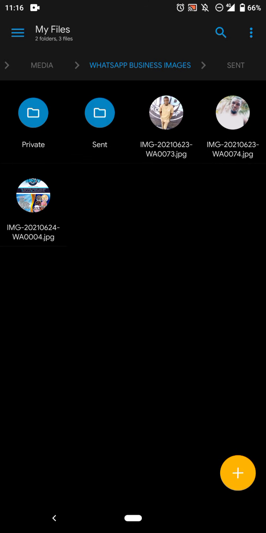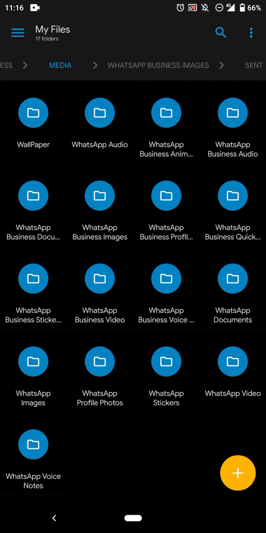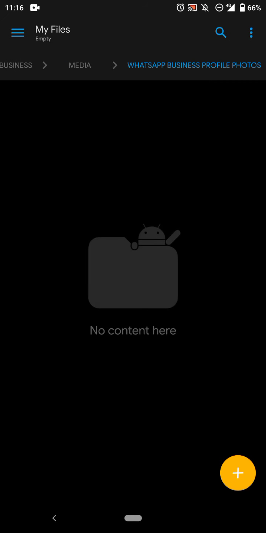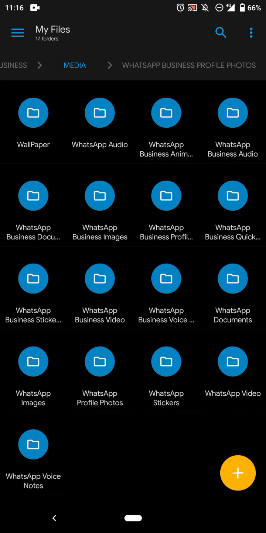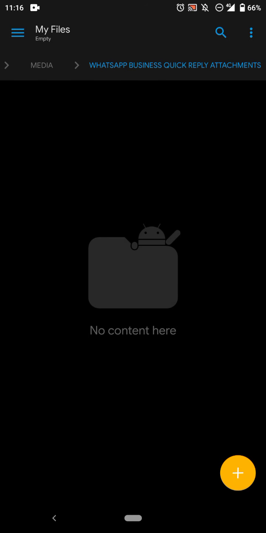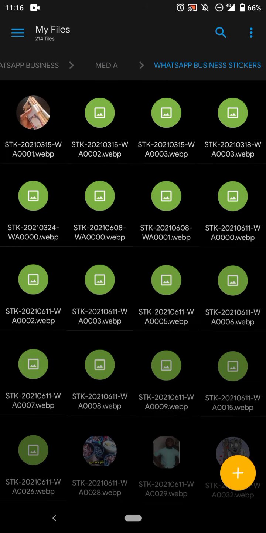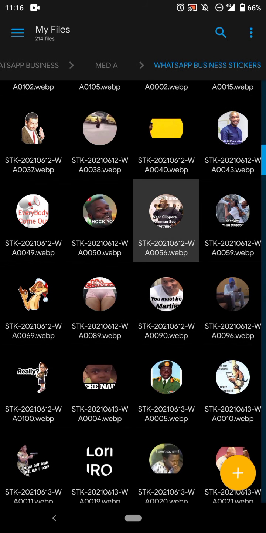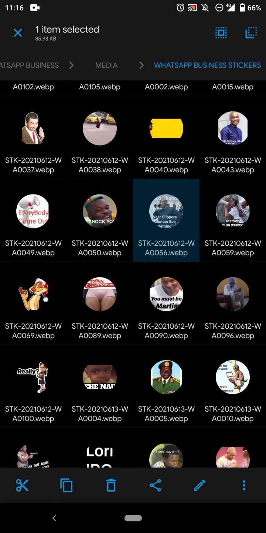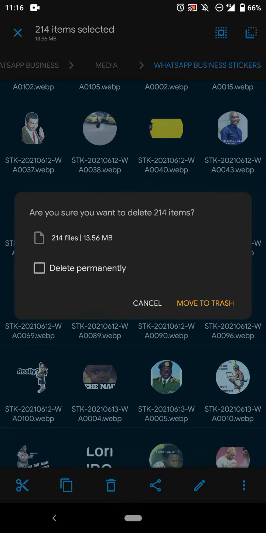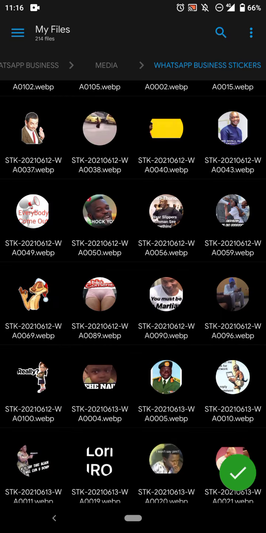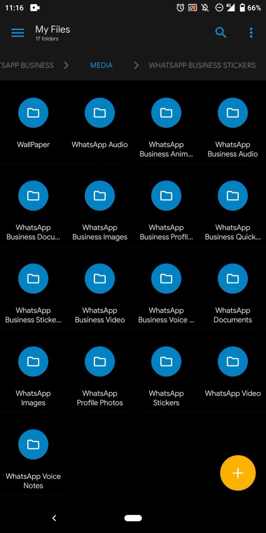So you can imagine for somebody who has been keeping images for years and years and years on end. So you repeat that for the WhatsApp business profile pictures. If people sent you profile pictures, you see that in there. Quick, what is this? Quick reply attachment. I don't use that. Business stickers. I received tons of this. This is the same thing as what I said about people sending you stickers. 13.56 megabytes, everything. So I delete that, and then you repeat that for everything, for WhatsApp images, for profile photos,